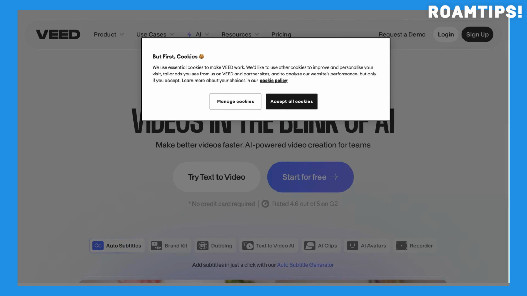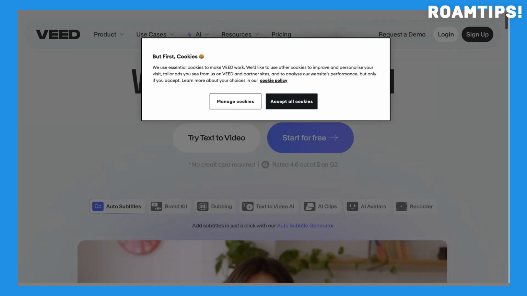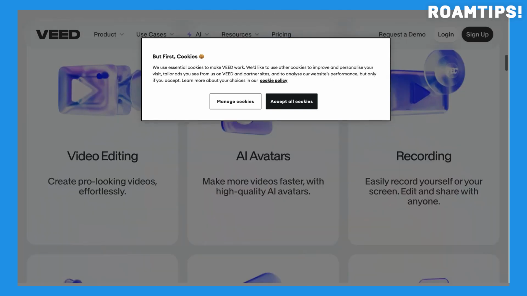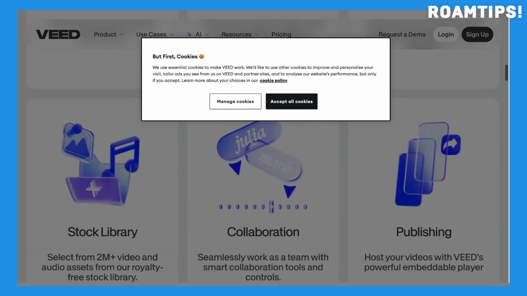VEED.io is a versatile online video editing platform that simplifies video creation and editing for various purposes. Its intuitive interface makes it accessible even to beginners, while its robust feature set caters to more experienced users. Whether you're creating social media content, marketing videos, or educational materials, VEED.io offers a comprehensive suite of tools to bring